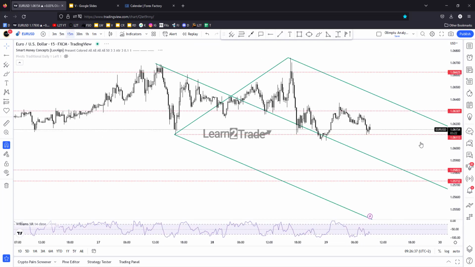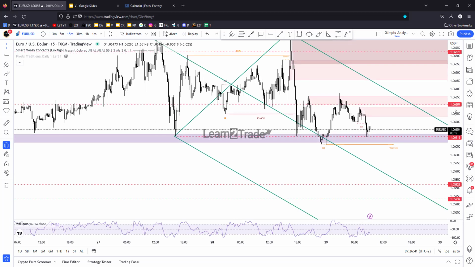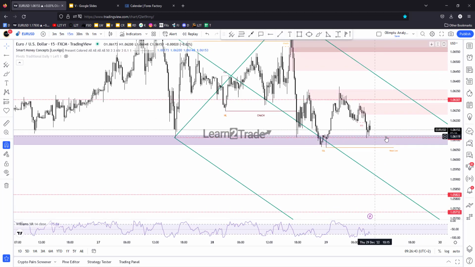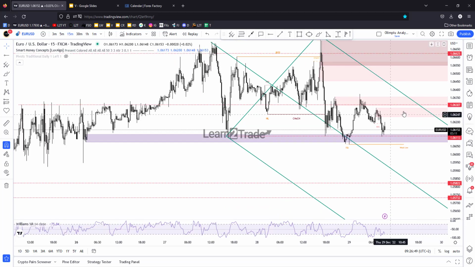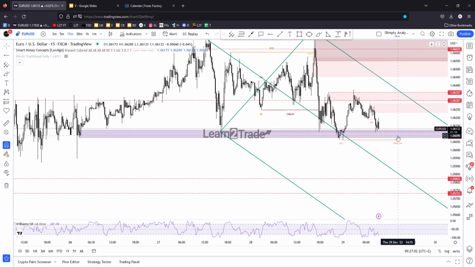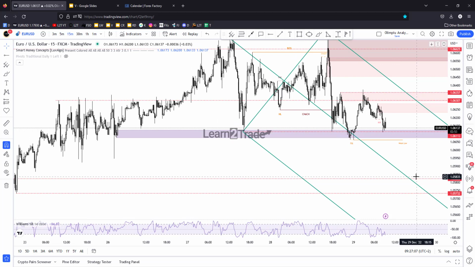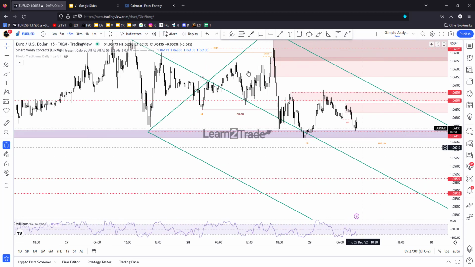If we take a look here on lower time frames, right now it has found support. We have a demand zone, but also immediate supply zones here, immediate resistance levels, and also this dynamic resistance. So taking out this demand zone and making a new lower low could signal a potential deeper drop in the short term. And in my opinion, only staying above this low,